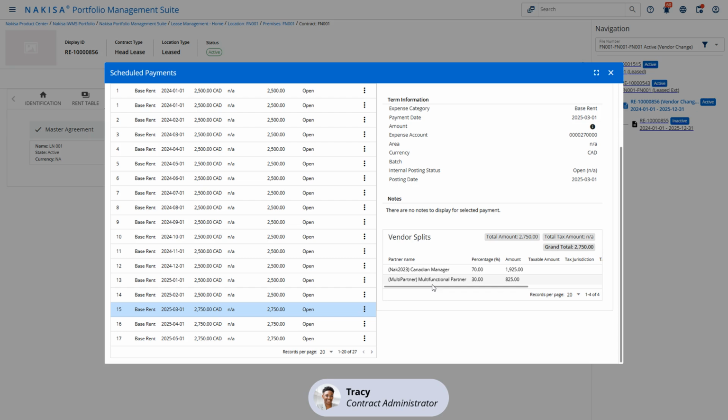Next, I switch to March 2025 to view the updated vendor associations and ownership details for this payment period. The system reflects the changes made to the vendor assignments and the ownership distribution, ensuring that all updates are accurately captured and visible. This allows for a clear understanding of how vendor responsibilities and payment splits are managed across the